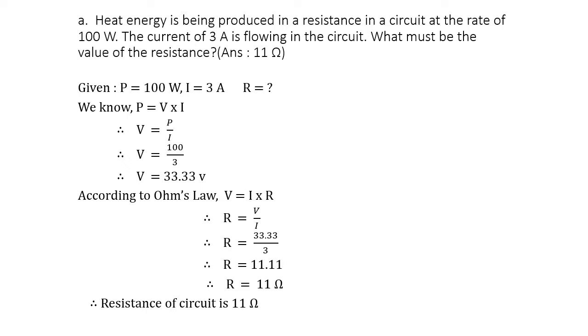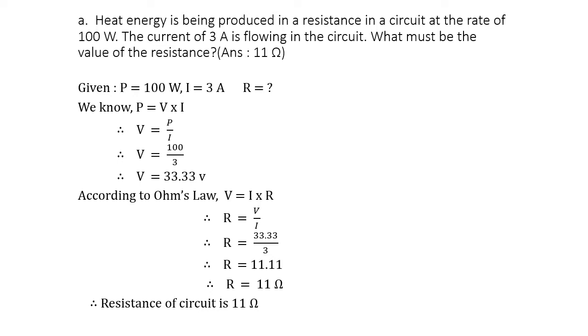Therefore, V is equal to, now the value of P is given as 100, I is given as 3. So therefore 100 divided by 3. Now if you do the division, 3 3s are 9, 10 minus 9 remains 1, again 10, 3 3s are 9, again remains 1, put a decimal, take a 0, so again 10, then again 3 3s are 9 and it is recurring. So here you have the answer V is equal to 33.33 volt. It will be recurring, so we will take up to 2 decimal places.